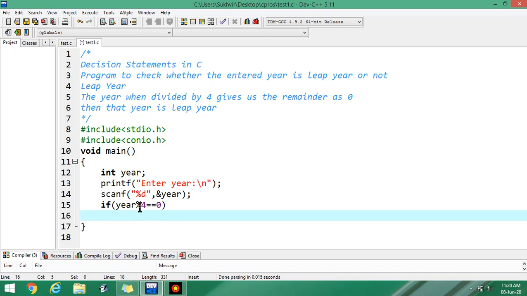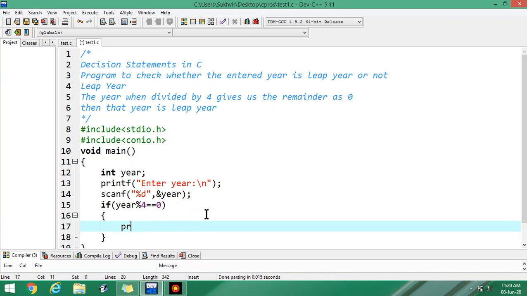Year modulus 4 should be equal to 0. We have to check whether this value is equal to 0 or not. If that value is equal to 0, then you can write here "%d is a leap year".